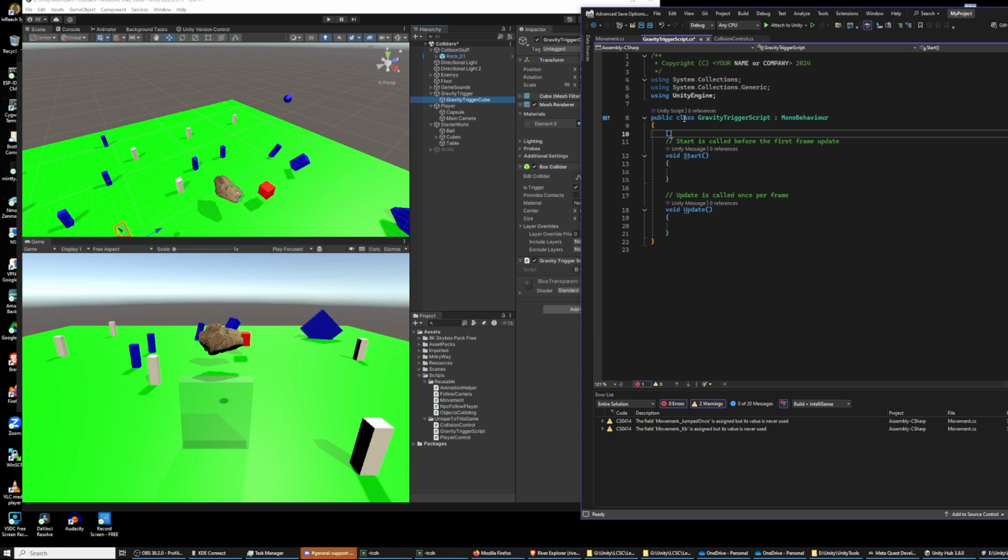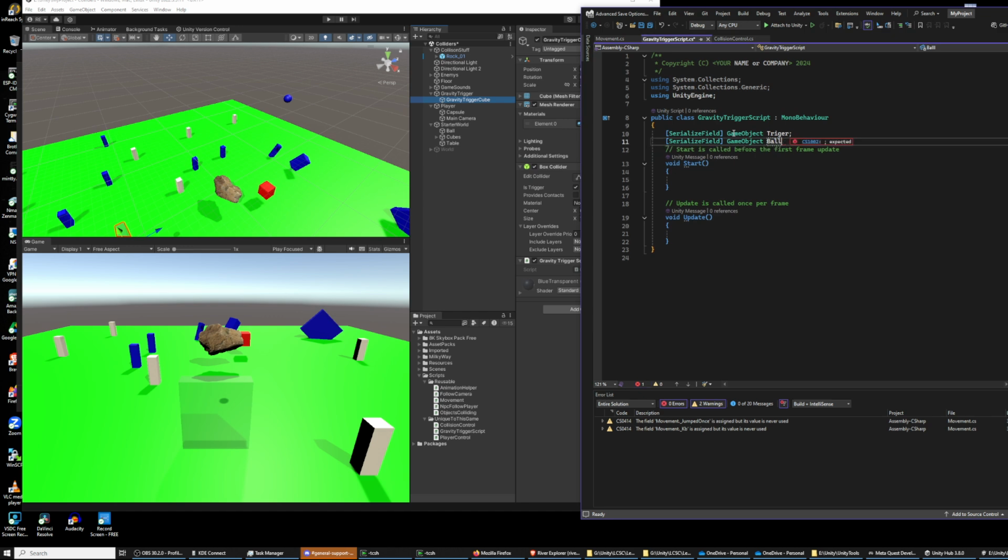And how you make stuff that you tweak is really simple. Again, somebody invented names to use. They have no special meaning on their own. Serialized field means it's going to show up in the inspector. And what do we want? We want at least 2 game objects. I could say serialized game object trigger, serialized game object ball,